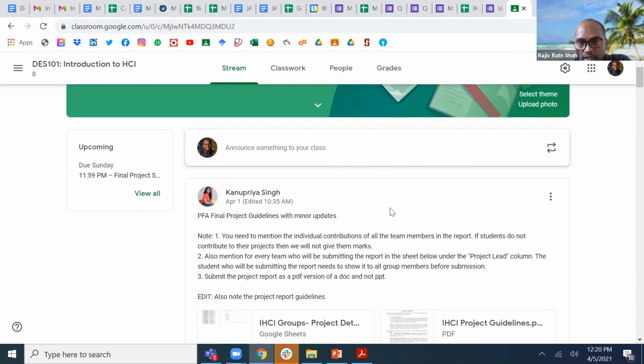If there are 5 members and, for example, Yash has completed 50% because other people were not working, he can mention that he completed 50% of the work and the remaining 50% was done by these people in this percentage. This educated guess can only be determined by you. We are not able to do so just by looking at who completed which point.